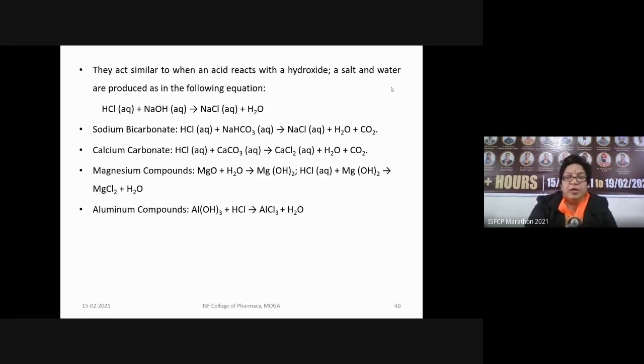जो normal reaction है उसमें क्या हो रहा है, HCl. जो neutralization reaction की हम बात करें, HCl plus NaOH to give NaCl plus H2O. NaCl is the salt. Sodium bicarbonate, what will happen, HCl plus NaHCO3, it will lead to generation of NaCl, that is salt. वो तो बन गया, H2O and CO2. यहाँ पर प्रॉब्लम आती है इस कार्बोनेट से बाइकार्बोनेट के केस में कि H2O and CO2 if they are present, so probably they should be avoided.